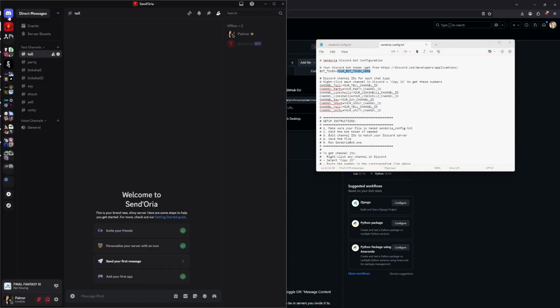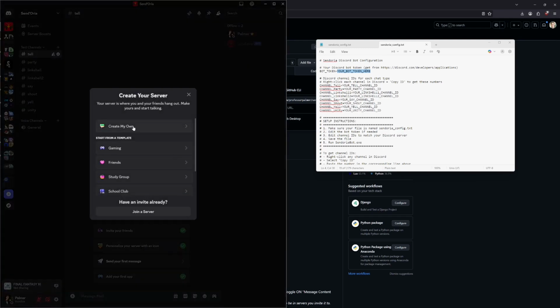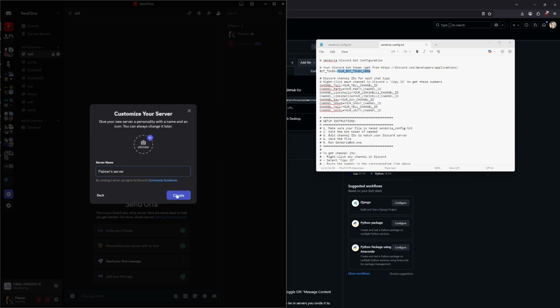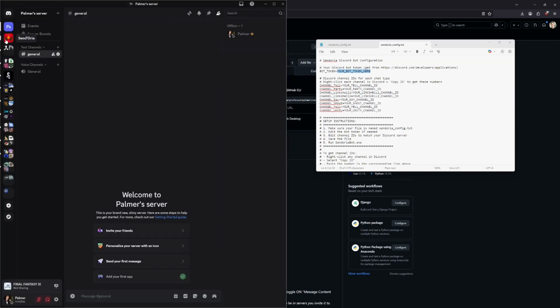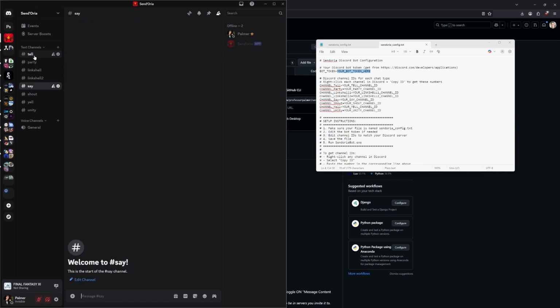So first thing you're going to want to do is create a dedicated server. You can do that by coming down here to the plus, add a server, create my own for me and my friends, call it whatever. Now, I already have one already set up here. You're going to just delete this or rename this general, it doesn't really matter which, and create individual text channels for tell, party, link shell 2, say, shout, yell, and unity, all the different chat modes in Final Fantasy. Now, each one of those are going to be funneled into this Discord in their respective channels,